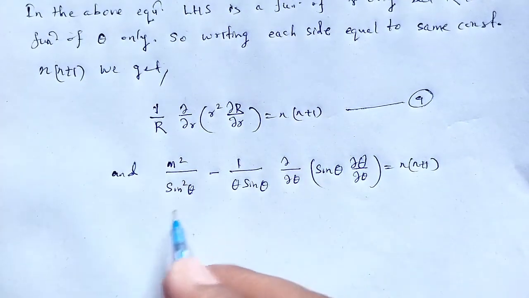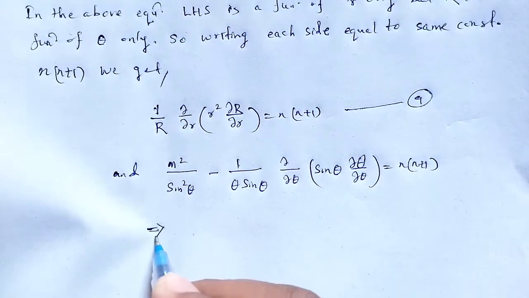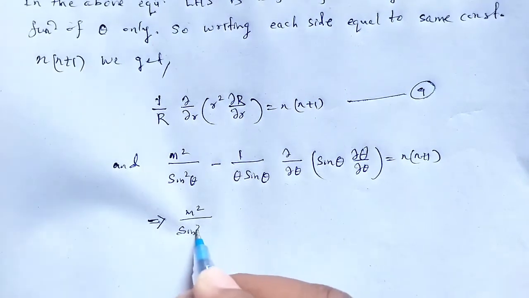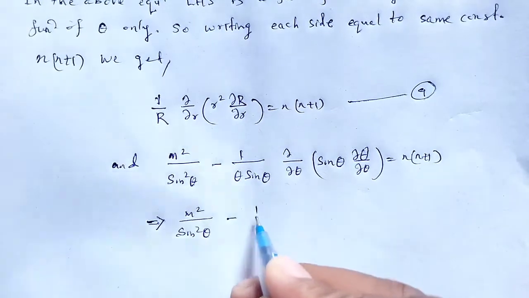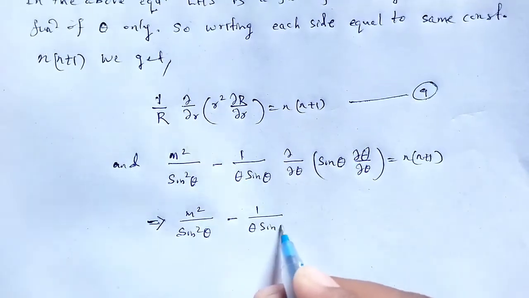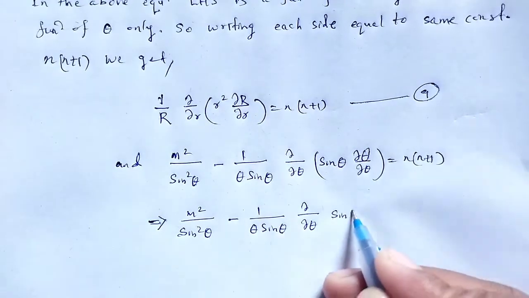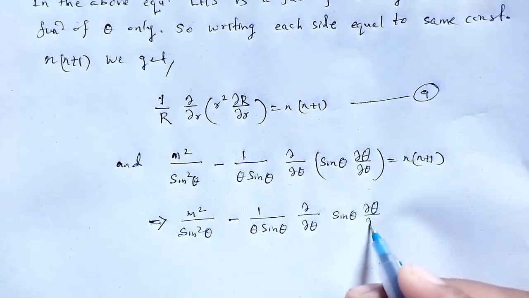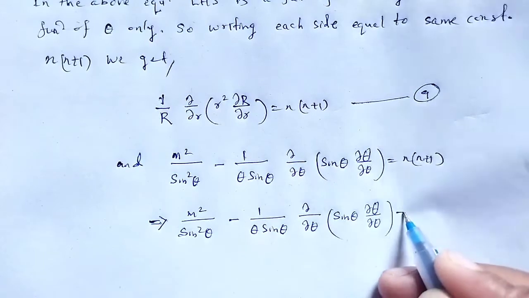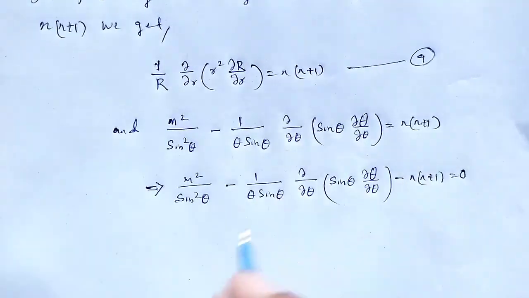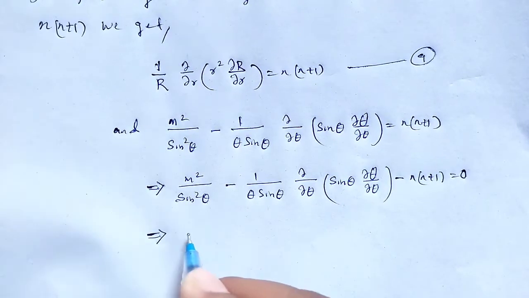Solving that one, we can write it as m square divided by sin square theta minus 1 by theta sin theta del by del theta of sin theta del theta by del theta minus n into n plus 1 is equal to 0, which implies 1